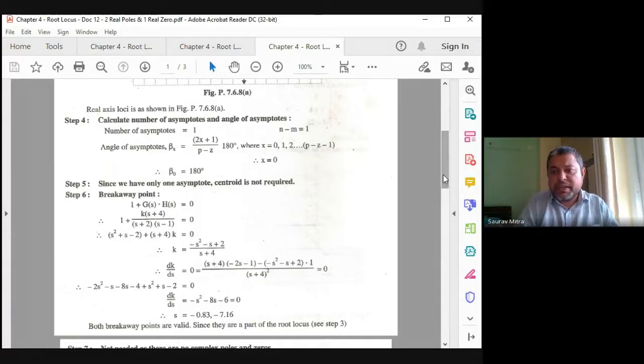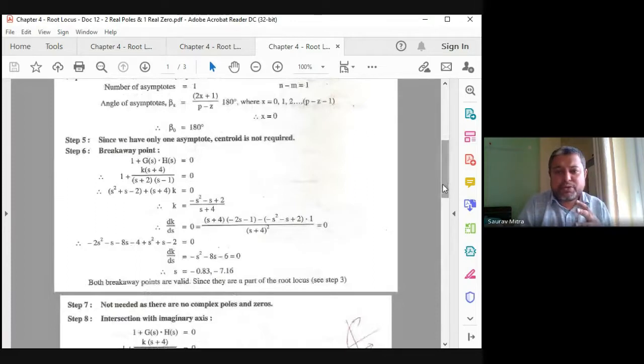I wanted to show you this numerical. So this is the last numerical we are seeing. I planned to show you 3, but we will see only these 2 numericals, and we will go for the MATLAB response now. So what I mean to say is, this is the only difference. What is the difference? The difference is that in this case there is a 0, and whenever there is a 0, after you solve for k, it will come in this fashion: numerator divided by denominator. There, if you are trying to find dk/ds, what you have to do is denominator square, and in the numerator, what will remain? Denominator and differentiation of numerator. So this minus 2s minus 1 is nothing but d/ds of minus s square minus s plus 2, and in this case the minus is very important.